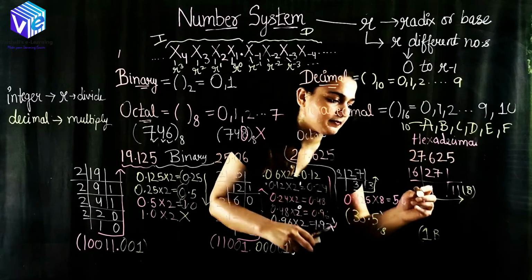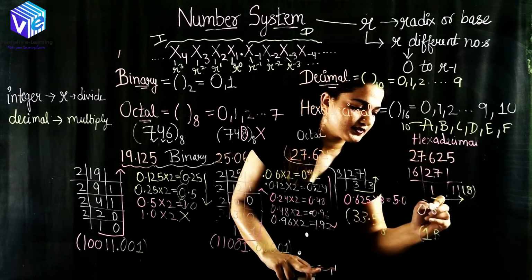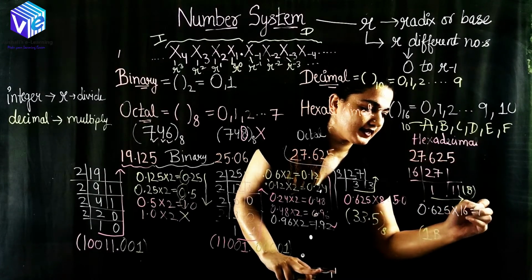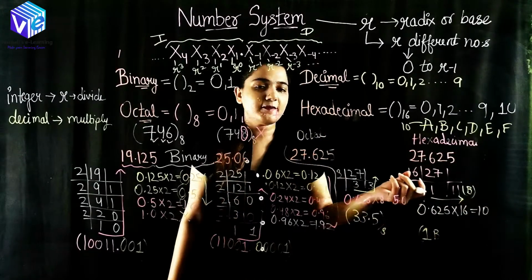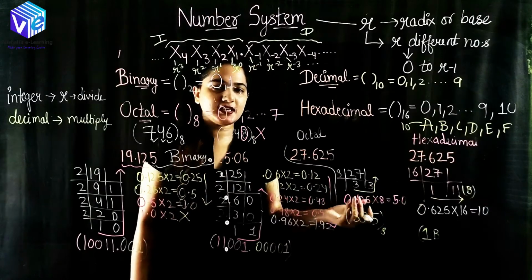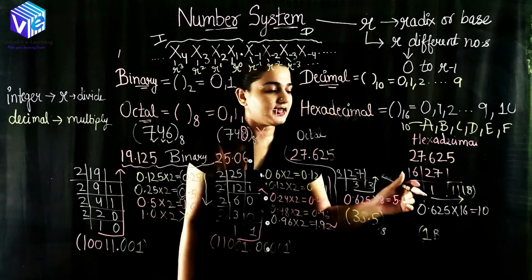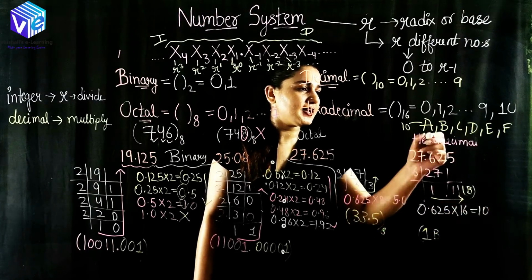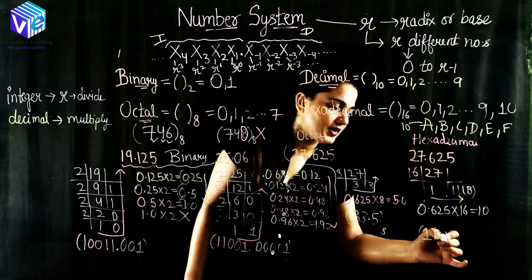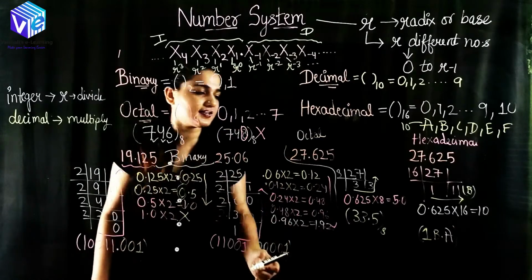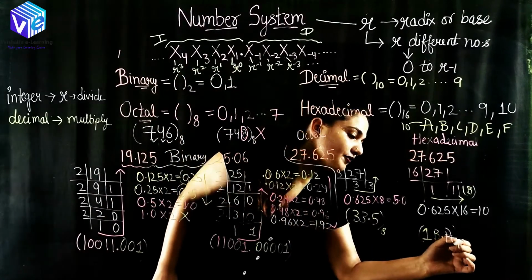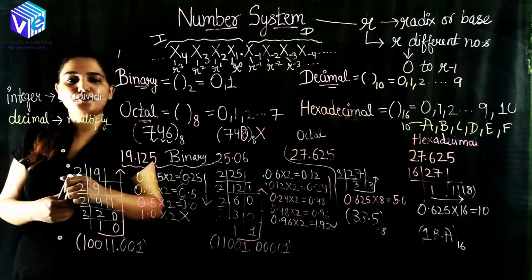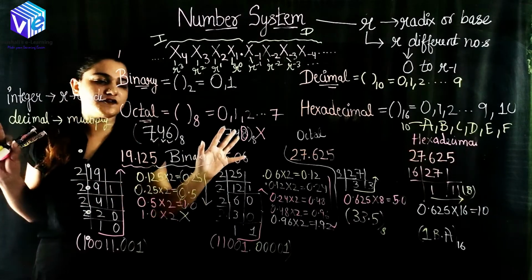Now coming to the decimal part. Decimal part is 0.625. It is multiplied by 16. I will get 10. Now again if I multiply 10 with 16, I will be getting 160. It is greater than R, so I will not take it. So how do I represent 10? 10 is represented as A. So 1B dot A represents the hexadecimal number of the decimal number 27.625. So I hope you understood each one of the conversions.